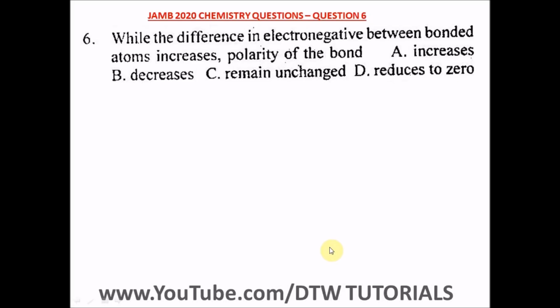Now we know that electronegativity is the ability of an element to accept electrons. For instance, chlorine, 2,8,7, accepts 1 electron to attain stability. So chlorine is an electronegative element. So the question is, when there is a difference in the electronegativity between bonded atoms and it is increasing, what